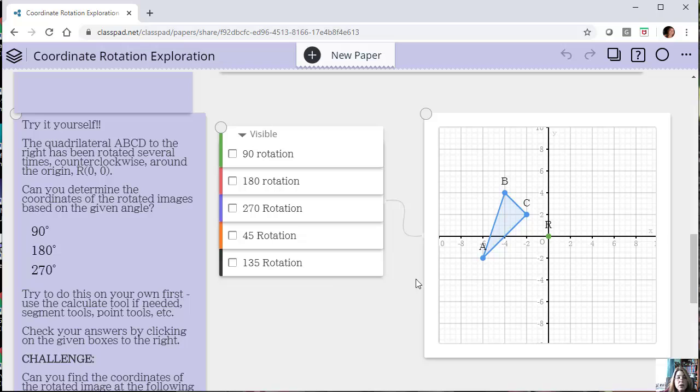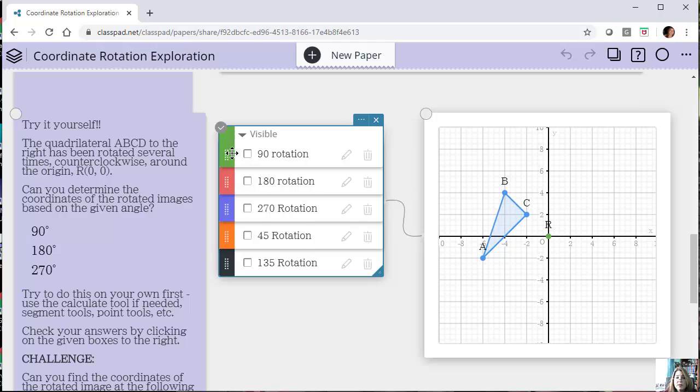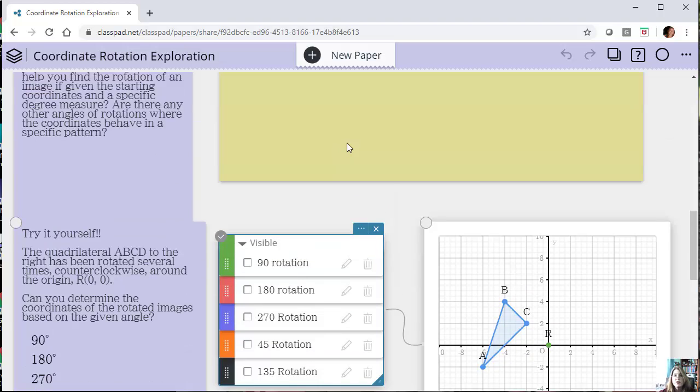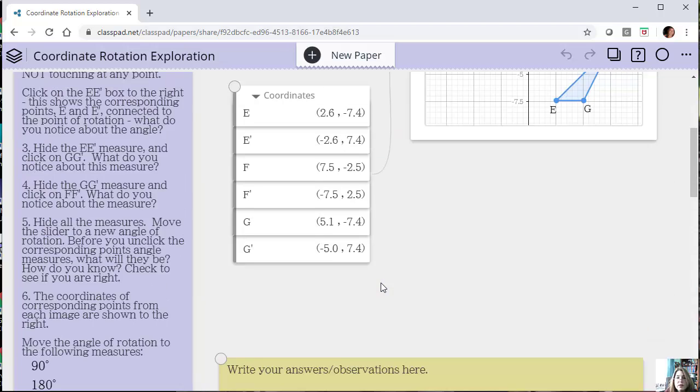Then down here, we have them try it out themselves. Based on what you think you figured out, where would this shape end up if it were a 90-degree rotation? They can change this shape however they want. Can you find that shape? They can try to do it however they want, and then when they click the box, they can test to see if they did it right. So it's what did you figure out, and now let's use what you figured out to come up with a test, kind of an assessment of your thinking. Did it work? That's what this activity is about.